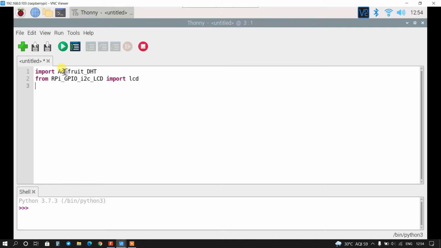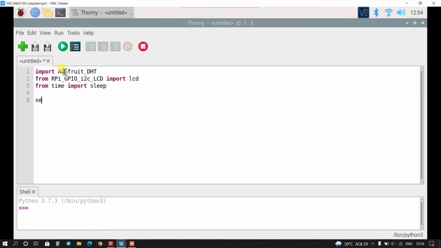Now I will import the sleep class from the time module: from time import sleep.